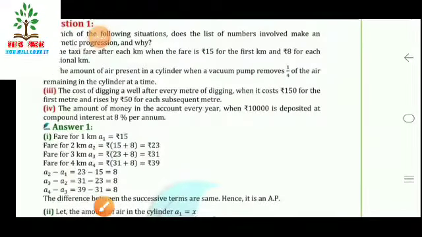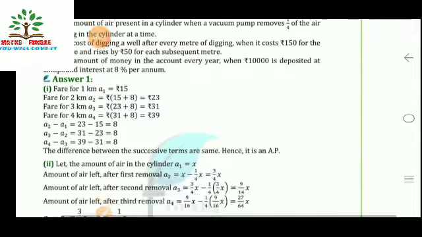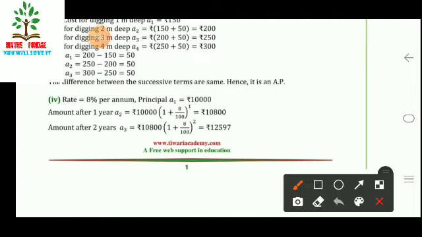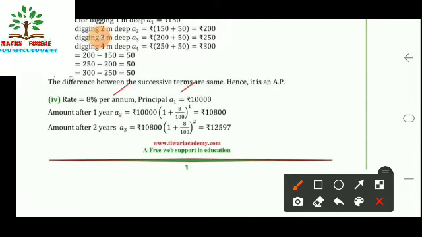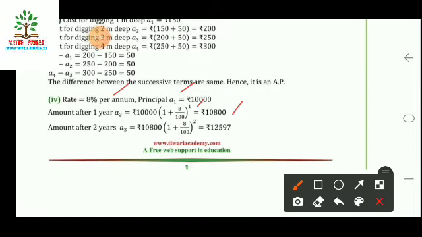here the amount of money in the account every year when 10,000 is deposited at compound interest at 8% per annum. This is compound interest. So the formula for compound interest, as we all know, here the rate is 8%, principal is rupees 10,000, so the amount after 1 year is 10,000 times 1 plus 8/100 whole raised to power 1, that is 10,800. And then for the second year it is 10,000 multiplied by 1 plus 8/100 whole raised to power 2, that is